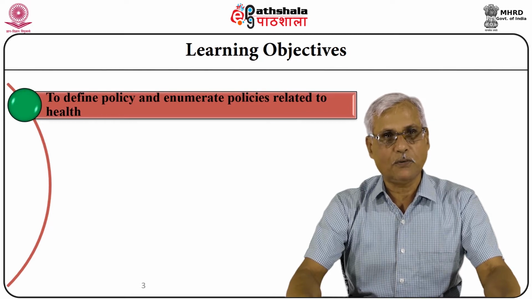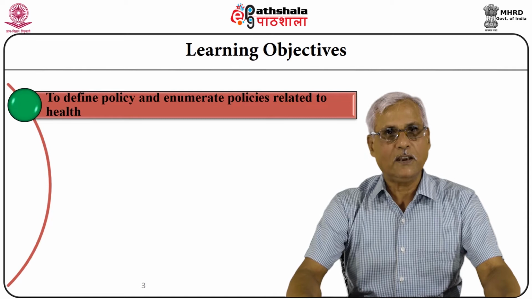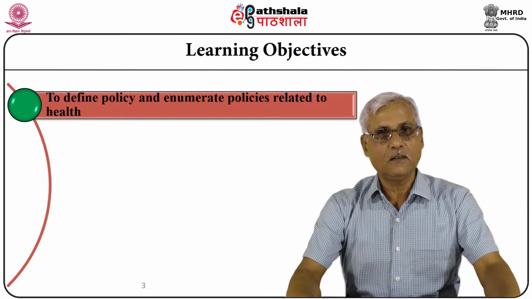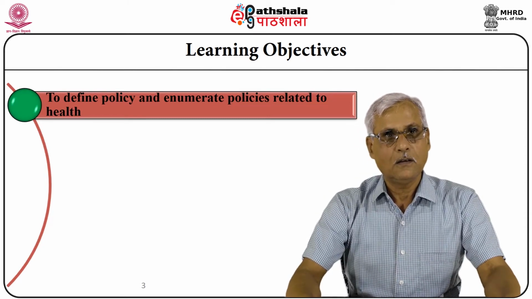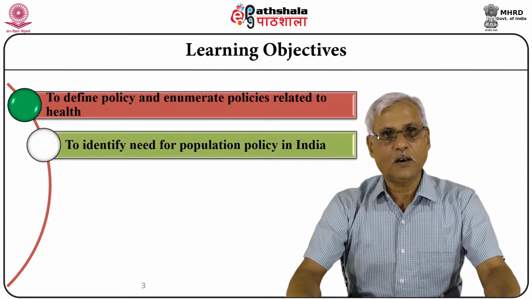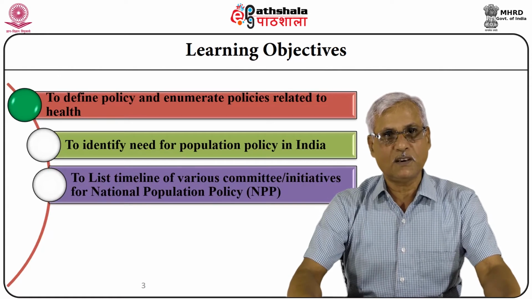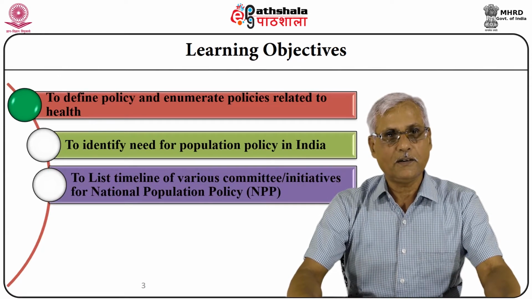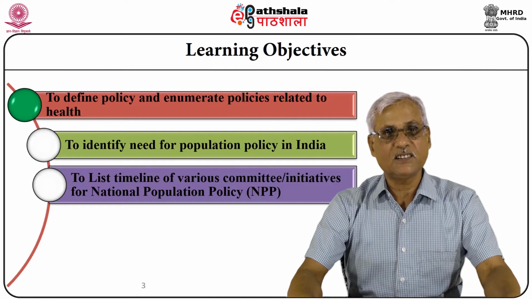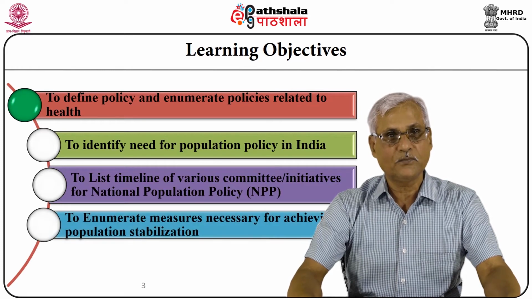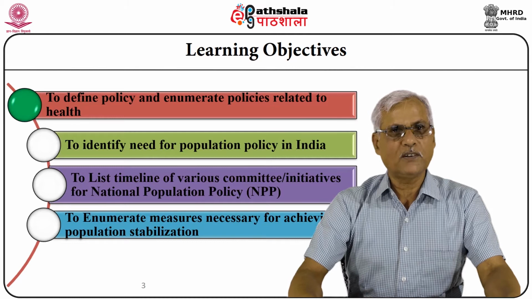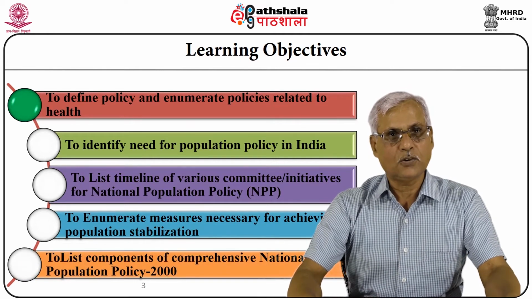Number one is to define policy and enumerate policy related to health, to identify need for population policy in India, to list timelines of various committees that initiated population policy in India, and to enumerate measures necessary to achieve population stabilization, to list components of the national population policy 2000, and to enumerate